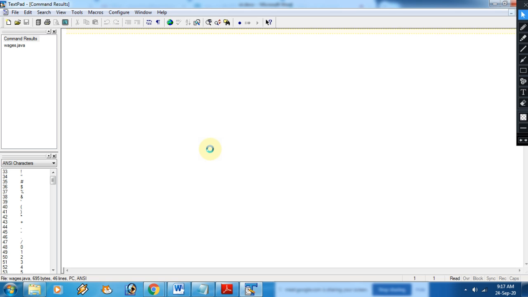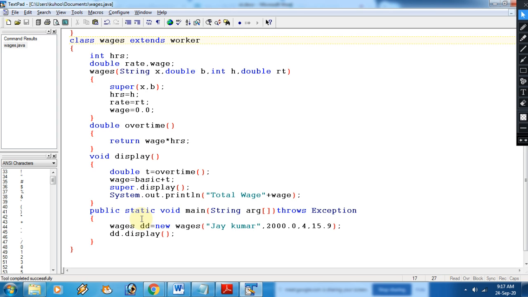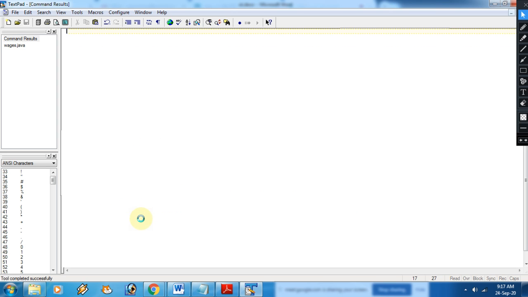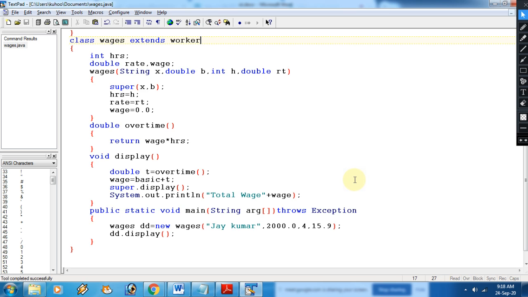See, for using the concept of inheritance, the extends keyword is very, very important. And now in Java we can extend only one class at a time in a single program. If you want to access multiple base classes in a subclass, for that we have the other property in Java, that is interface, and for that we need to implement it. So implements is also a keyword here.